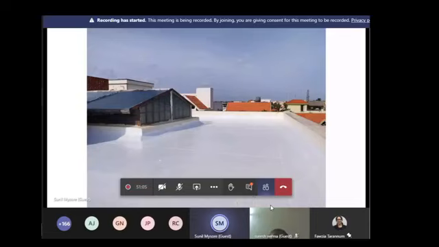Sunil, one question. I'll just barge in here for a quick question. Is there a way to check that the current or existing roof coating does not have arsenic or mercury? I'm afraid you can't, since it's coated, unless you have the data sheet of the material which you have used.